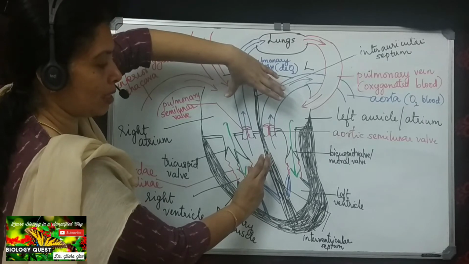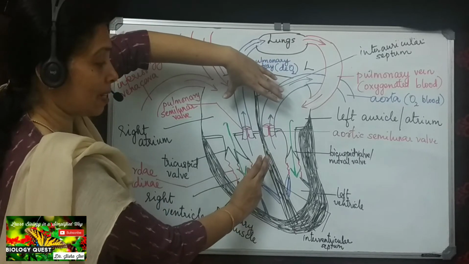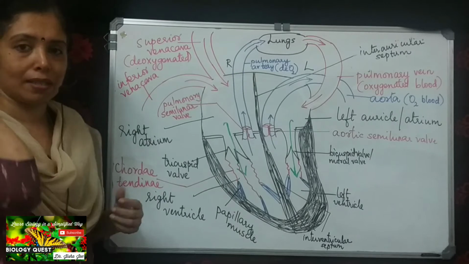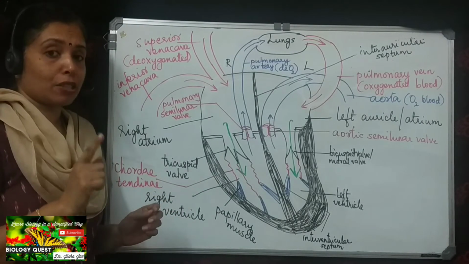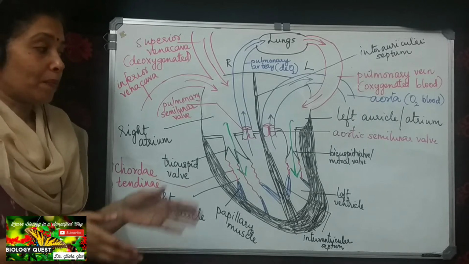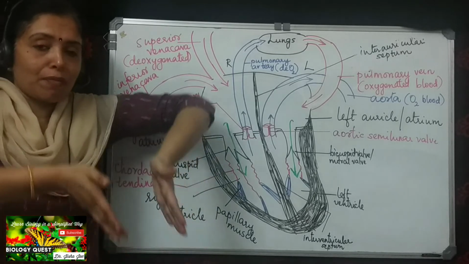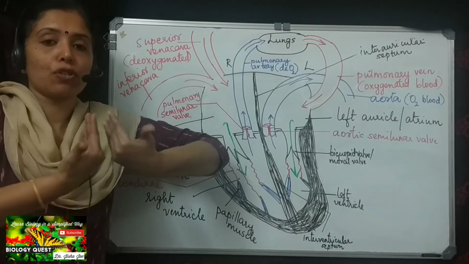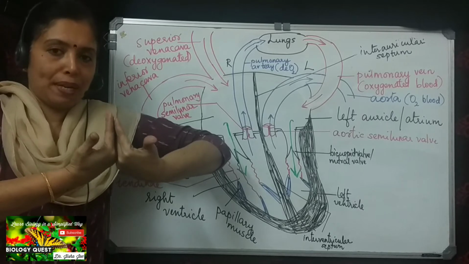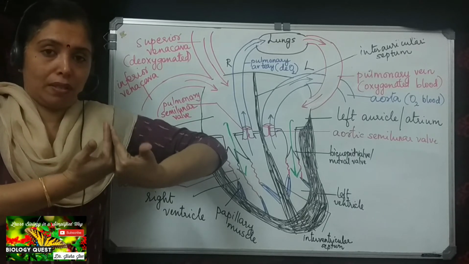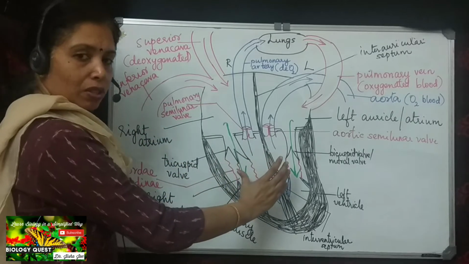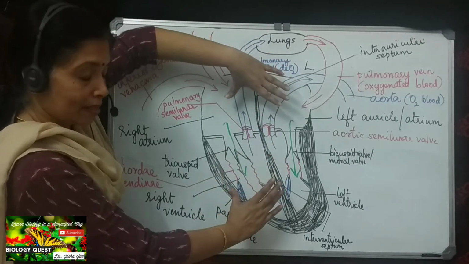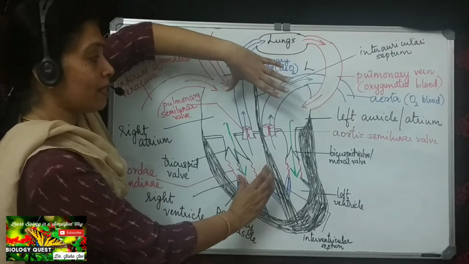So what happens when the ventricles contract? There is a chance for the blood from the ventricles to flow back into the auricles, isn't it? So this is prevented. I told you in the previous class. How is it prevented? When the auricles contract, the cuspid valves are in this position. When the ventricles contract, they assume this position, closing the opening there. The valve is closed. As the ventricles contract, the auricles relax. It occurs simultaneously.